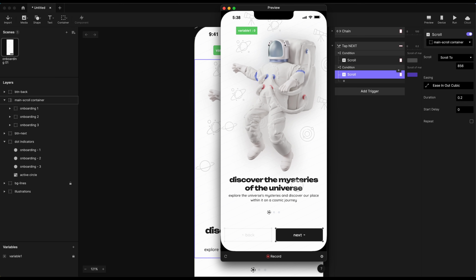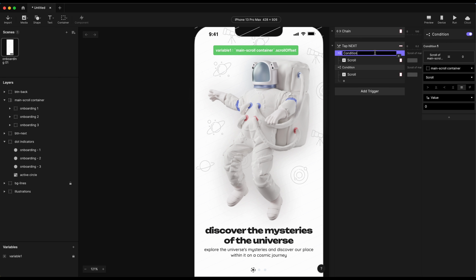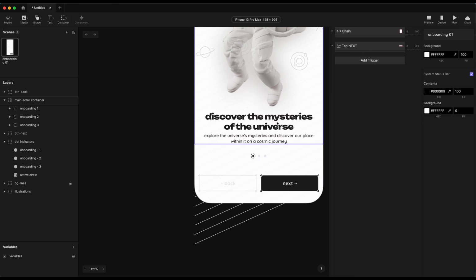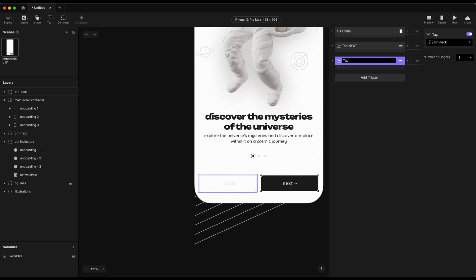So to do that, we again need to create back response. But first, let's give a name here, a condition. Let's scroll equals 0. Copy. Scroll equals 428. Yeah, so again select the back button, create a tap trigger, then back,